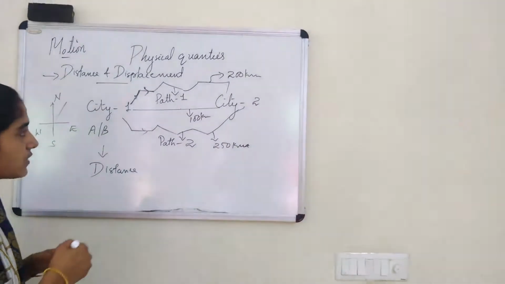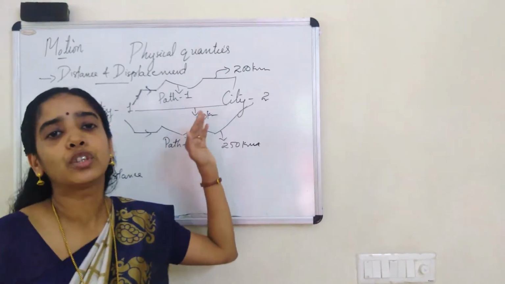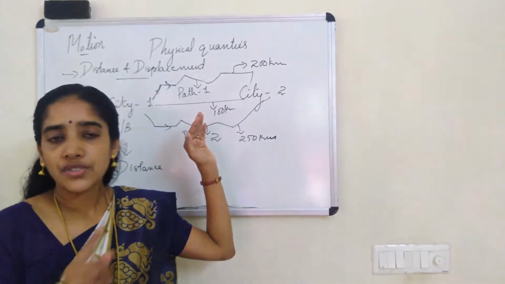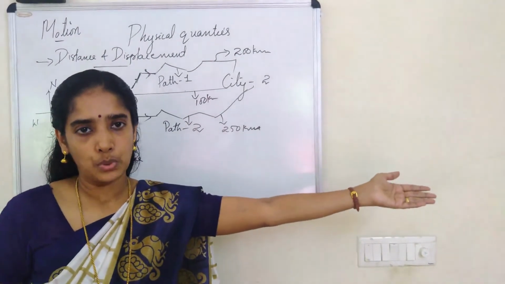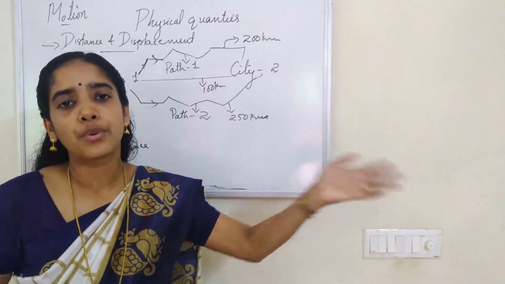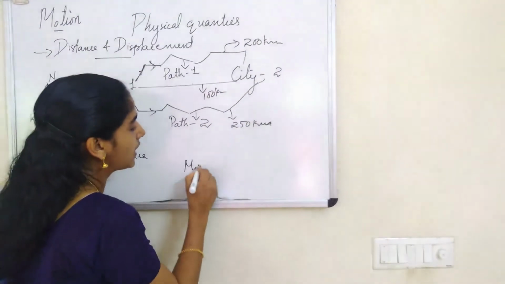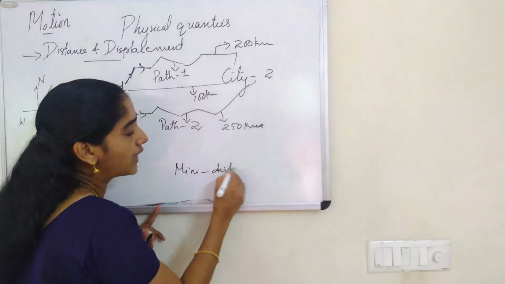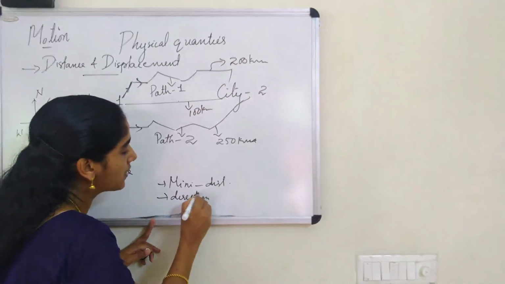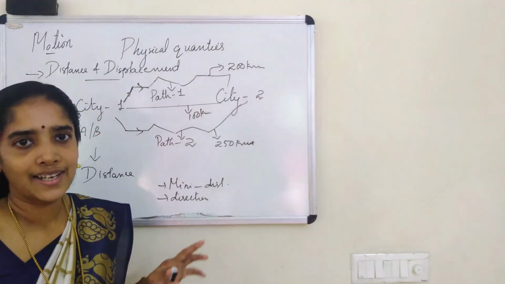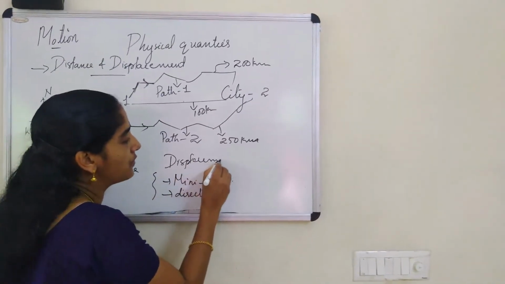So here you see in the first case when we talk about the distance, it is saying the actual length of the path covered by the object. It is not saying what minimum distance the object has to cover to travel from starting to end point, and it doesn't convey any information regarding the direction. But both the things, what minimum distance is to be covered to reach the final position and in which direction we should move, these both informations are given by this straight line. In this case, I am talking about displacement of the object.